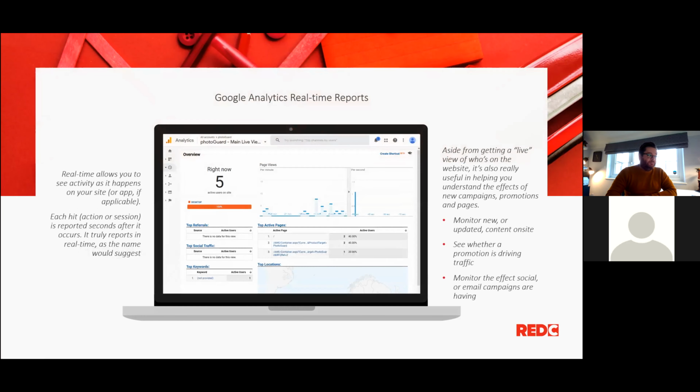So real-time reporting allows you to see activity as it happens. There's a great clue in the name there. But the other thing you can really use this for is if you've got an email campaign that's just launched or a social campaign, you can then go into the real-time report and see how that's working. You can monitor how many people are coming through off the back of it. You can see whether it's driving the right traffic you expect. And you can get a feel for whether it's sent out at the right time and you're getting those key